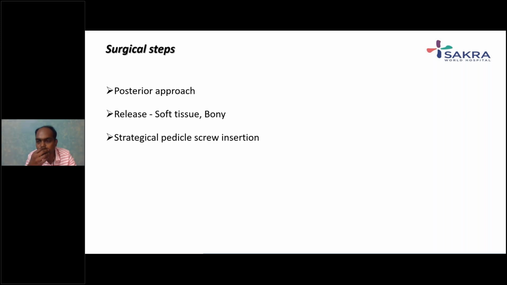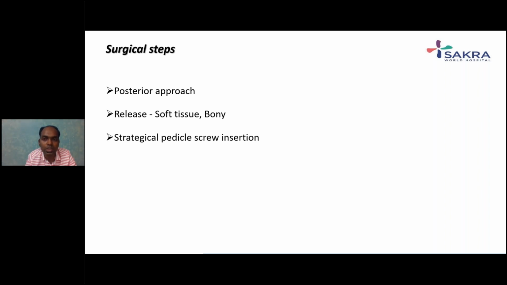So this is how I usually follow a surgical correction maneuver in case of scoliosis, where I expose through a posterior approach. Most times I do only posterior surgeries for scoliosis. Then I release adequately, usually the bony and soft tissues, and I do predominantly Smith-Petersen osteotomies. And once release is adequate, I use pedicle screws, usually the top loading screws placed strategically.